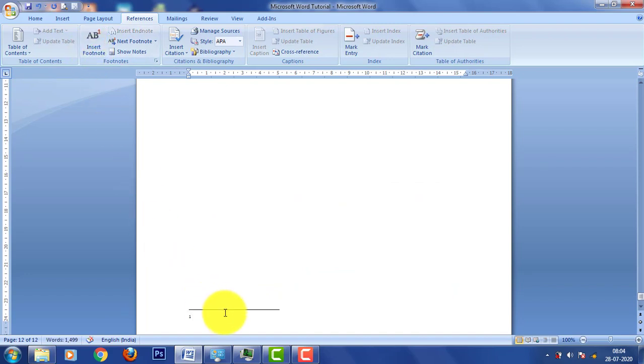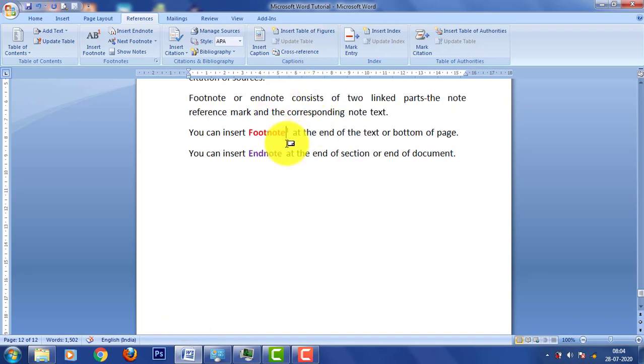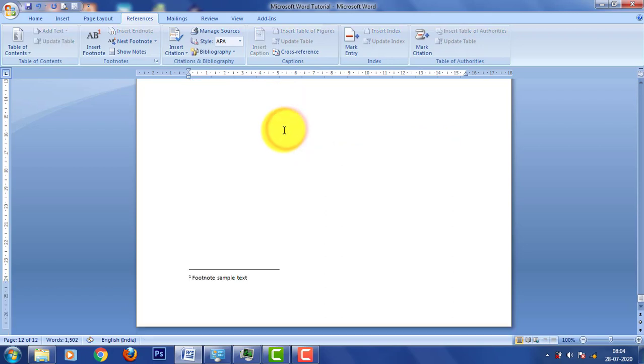Let's type some text. Footnote sample text. When I click over here it will take me to the footnote which was just added. If I click over here it will take me to the corresponding text.